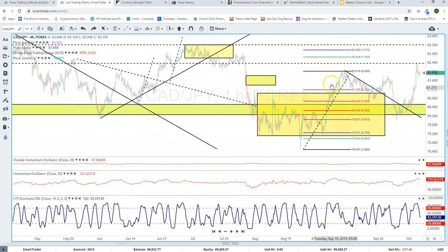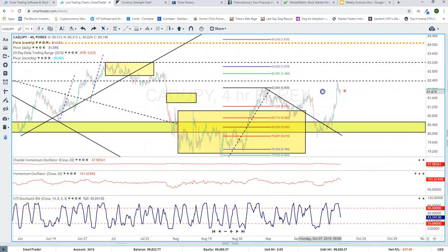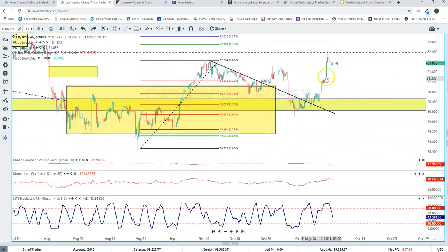We have this swing from low to high. We're looking for this to go up to 83.00 and retest this previous high back around 83.20. You can see that last week's news, there's your big jump on Friday. Look to stay long. We're making higher lows for now. We might have a little bit of a pullback there, but we should still be looking bullish on the CAD